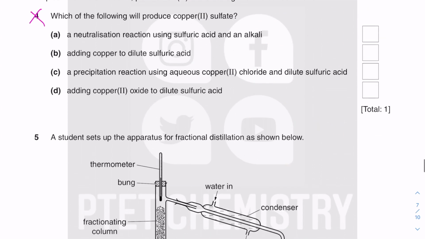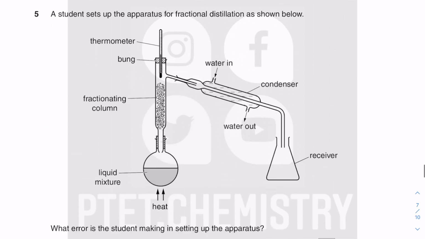This is not relevant to this separation technique. So next question is something for what we call a distillation setup. So we call this fractional distillation simply because it has a fractionating column. Otherwise you could just call it a simple distillation, but the concept is the same. You heat a liquid mixture. The lower boiling point substance will boil first and turn into a vapor, and then it will condense by